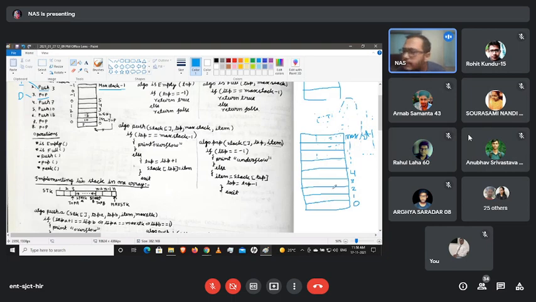From here we can simply generate an algorithm: whenever we are inserting an element and our top is showing the max stack minus 1 position, that means our stack is completely filled up. If we want to do any kind of insertion operation at that moment, it will be an overflow condition, because there is no space available. From here we can say that.